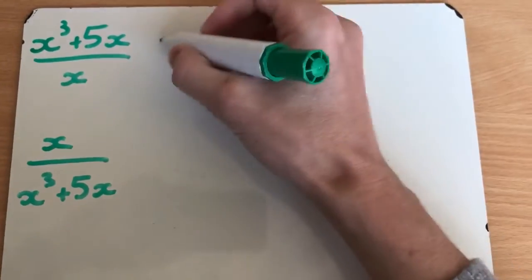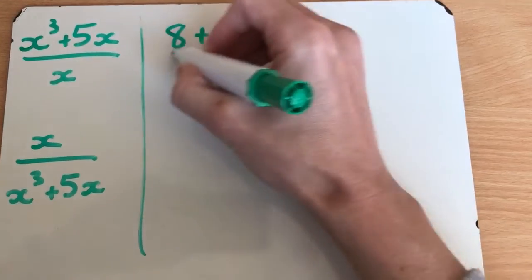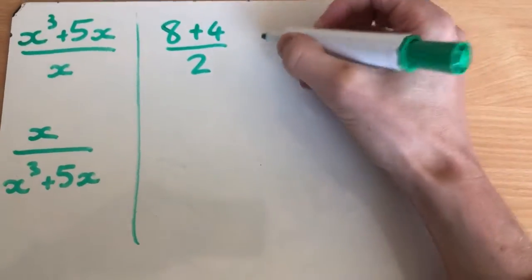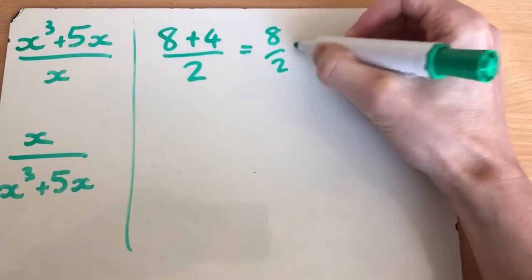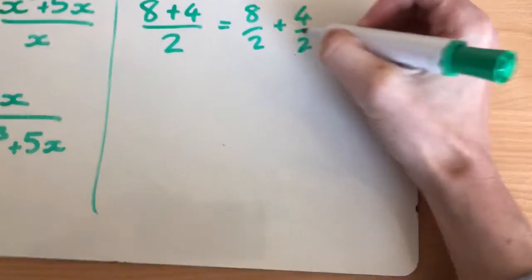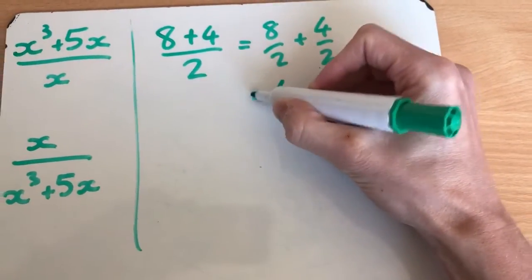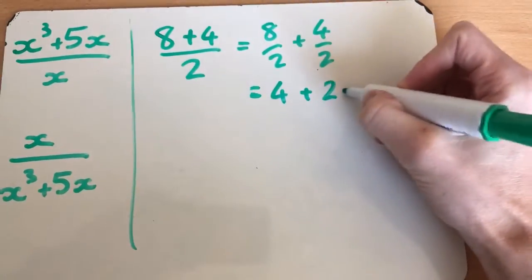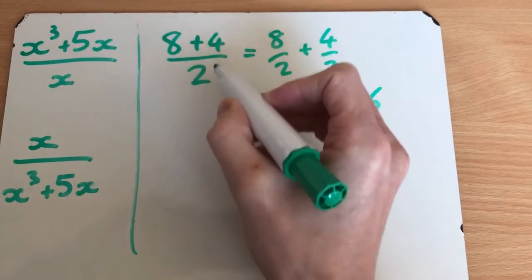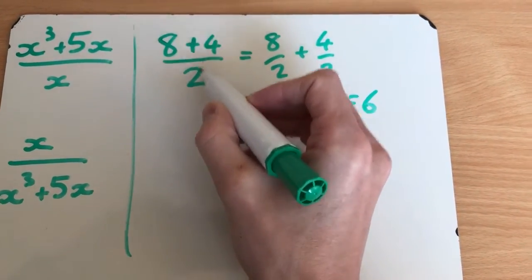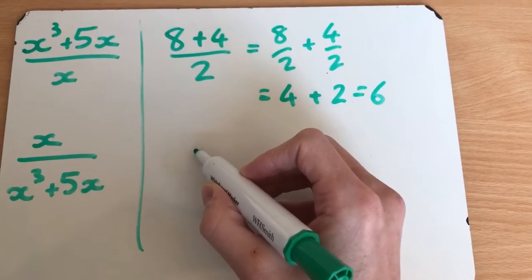So if we go back to numbers, so ignore this for the time being, if you look at something like that, now you can separate that into two fractions. And you get 4 there and 2 there, which makes 6. If you go back to the question, 8 plus 4 is 12, plus the 2, divide by 2 rather, is 6. So that works. Whereas if you look here, if you change this into numbers,